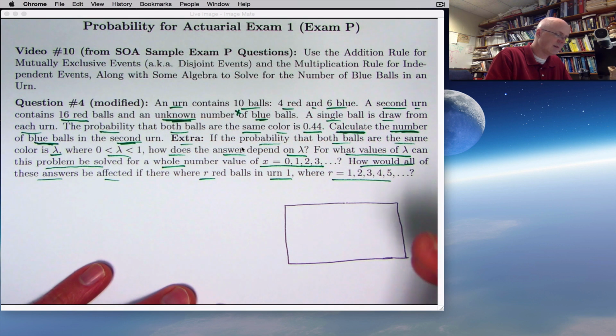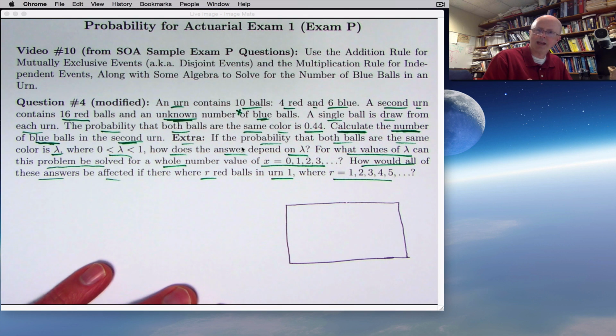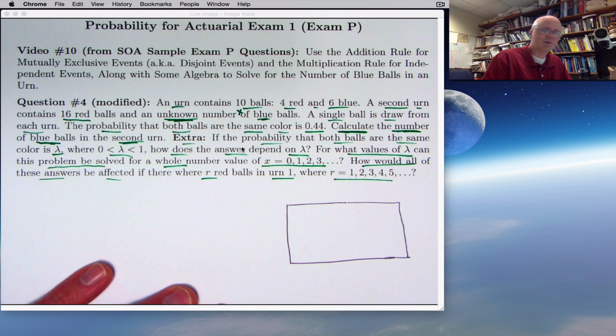I'll think first about the first urn. The ball you draw is either red or blue and nothing else. There's no green balls or anything like that. Those events are mutually exclusive. They can't happen at the same time. So they're non-overlapping, disjoint. And in fact, since one of the two has to happen, their union is the whole